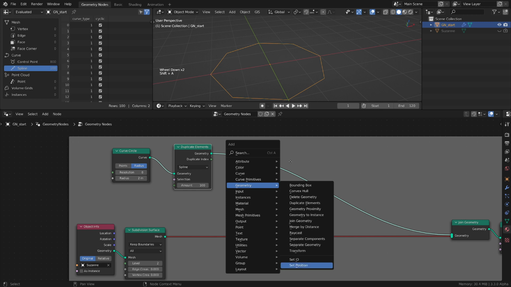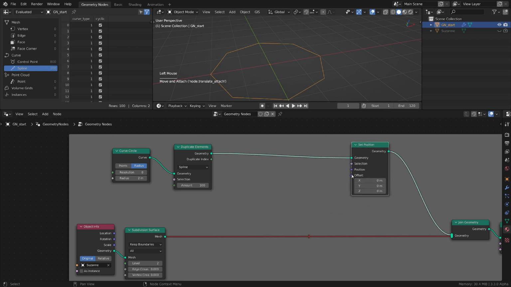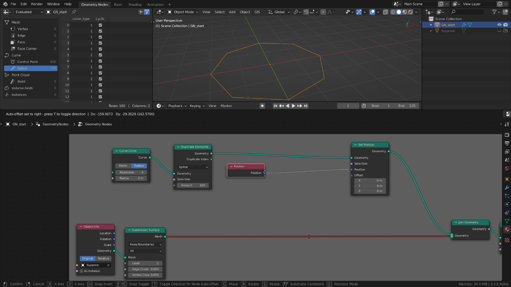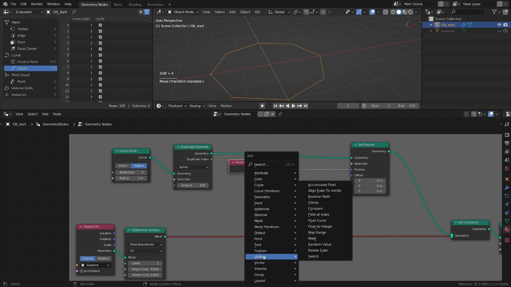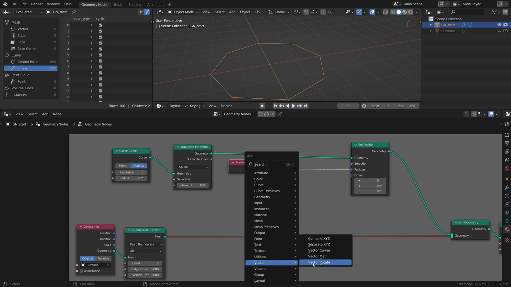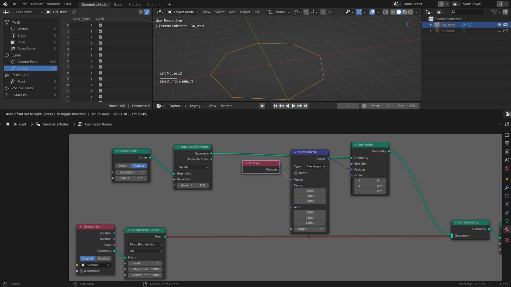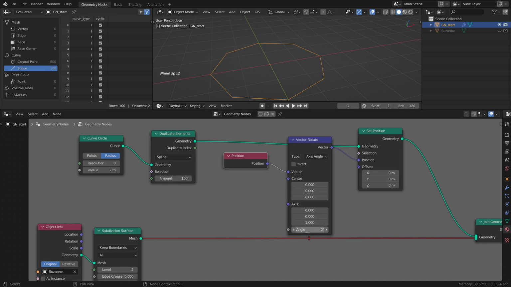And for that, we can use a set position node, plug it here, and we can use this position in conjunction with the original one and do some stuff to it. So let's go to vector utilities, and we have this, actually, vector rotate. So the vector we want to rotate is the position, and we will want to play with